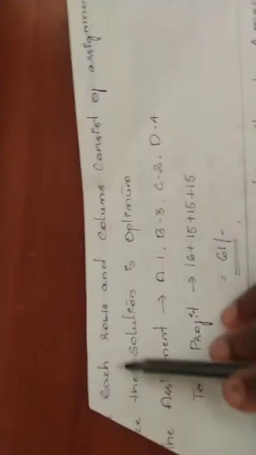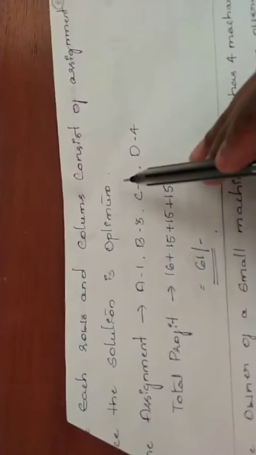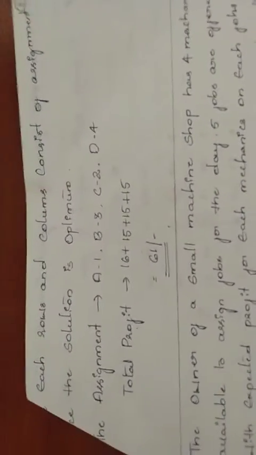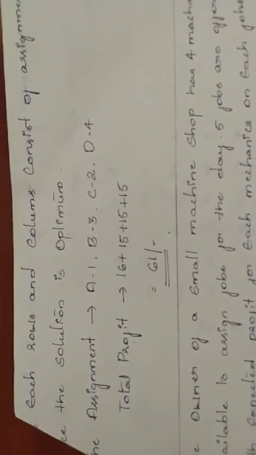As we know, when the rows and columns consist of assignments equal to the matrix size, the solution is optimum. Then the assignment, as I told you, is A to 1, B to 3, C to 2, D to 4. Now you need to calculate the total profit. While calculating the total profit, you need to consider the original matrix. From A to 1, the value in the profit matrix, whatever is given, that value is to be considered, that is 16. And from B to 3,